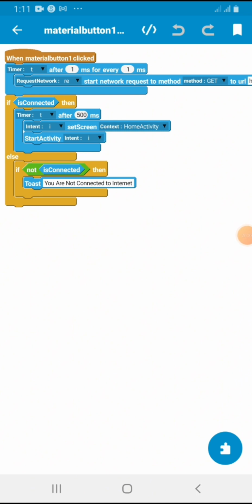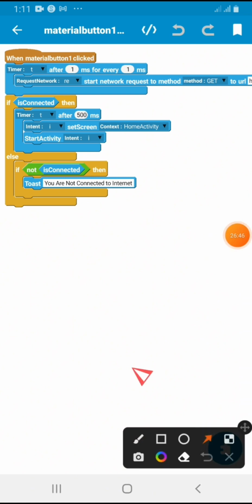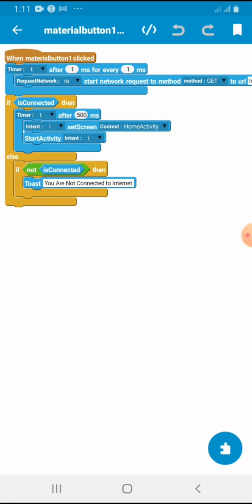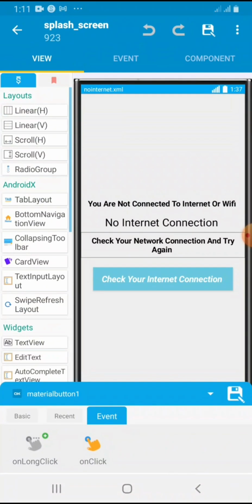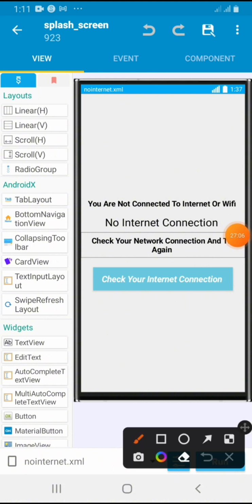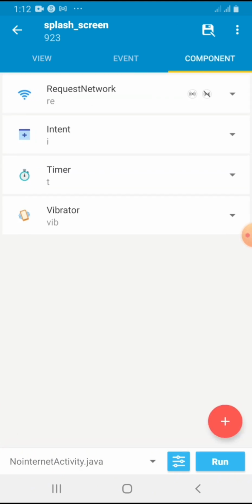Okay. At this point, what we need to do is to go back. Like I told us earlier on, you go back by clicking here. And we are going back to the no internet connected page. You go back. You go back again by clicking on that same arrow. Then you click here. You click on the component here. All right. Then you click on